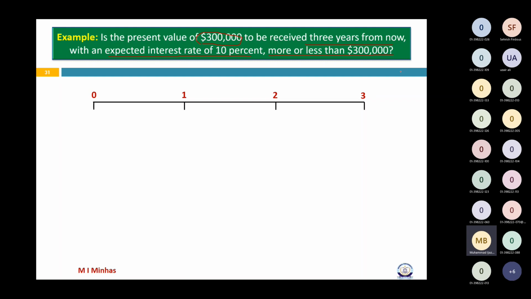Can someone tell me? It would be less than 300,000. It would be less than 300. Well done, sir. So you said lesser than 300. Lesser than. That means what I'm asking is, if you are